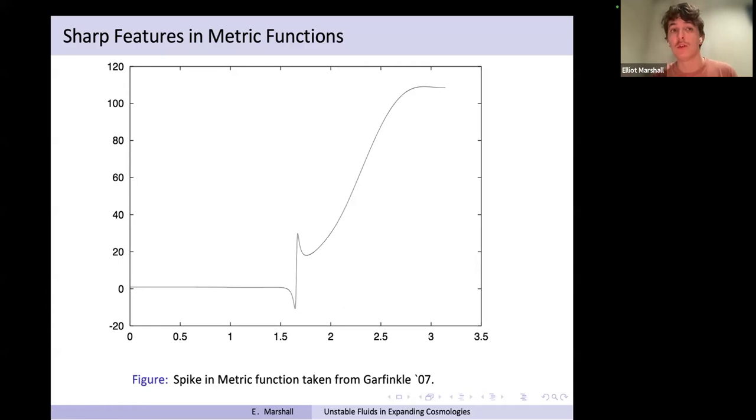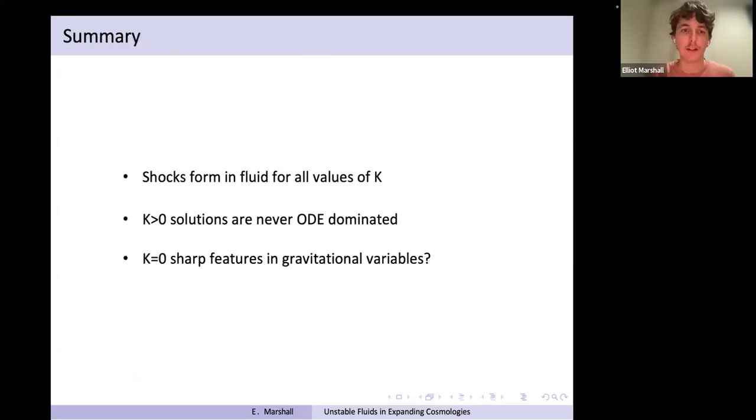Here, we're of course going to the future, where I don't think these metric spikes naturally form. So the question is, what about this dust case is causing this sharp discontinuous feature? And right now, I'm not sure. Hopefully in the future, we will have some good explanation of why this case behaves that way. And that's really all I wanted to say today.